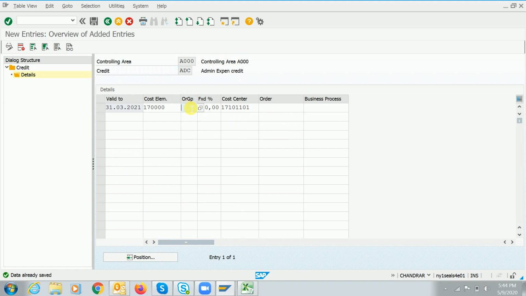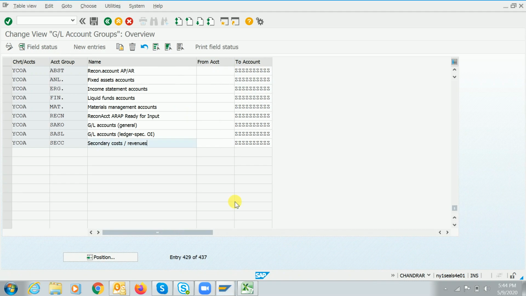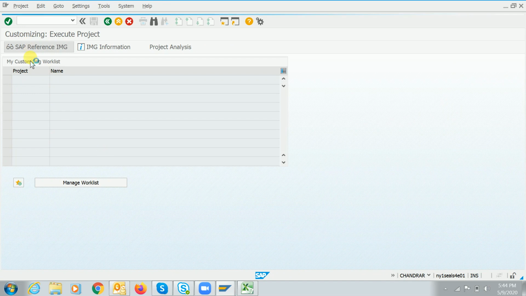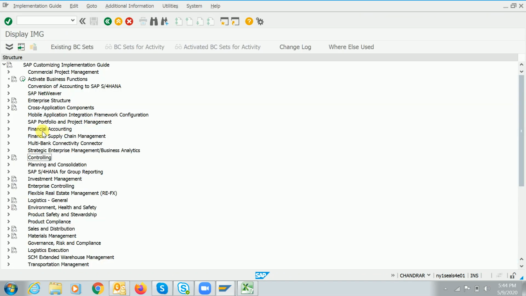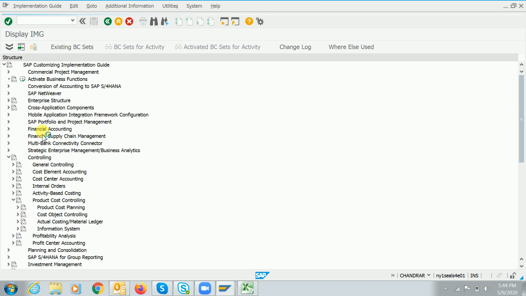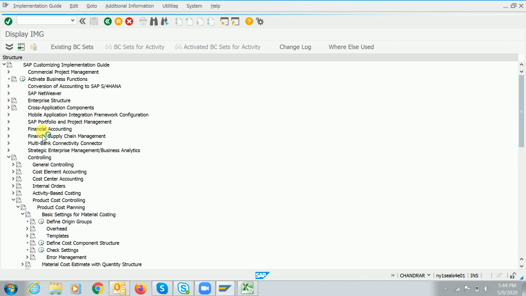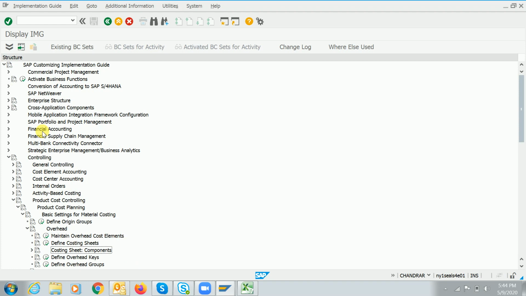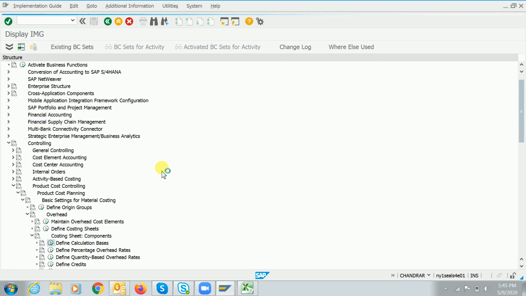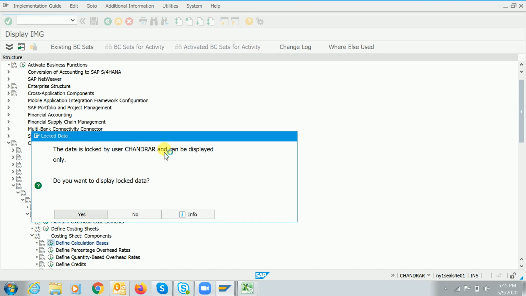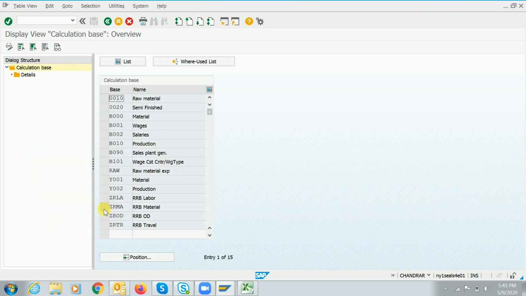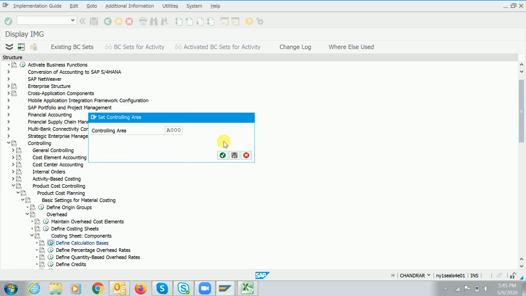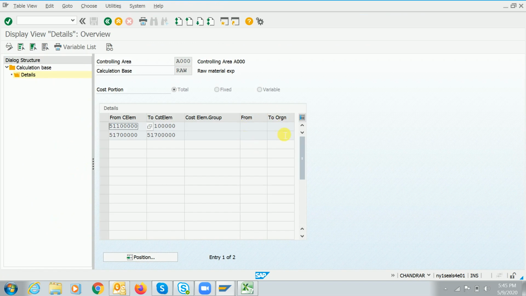While creating the base, let me open another session. While creating the base, we have this from and to origin.